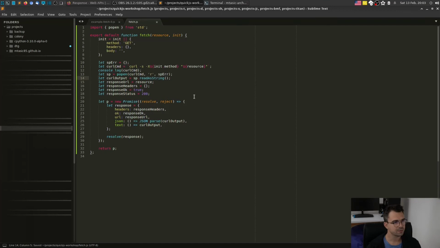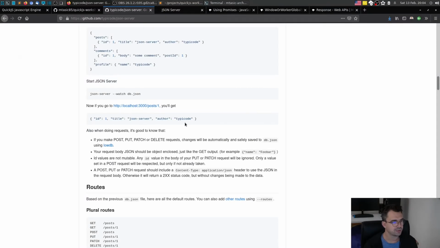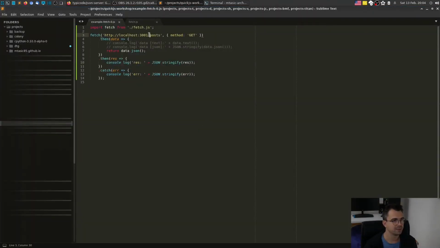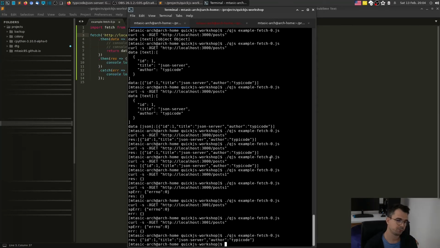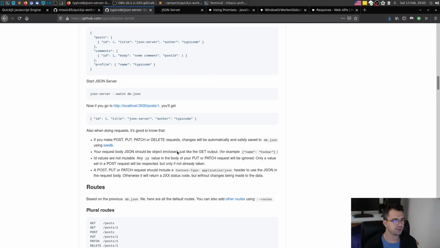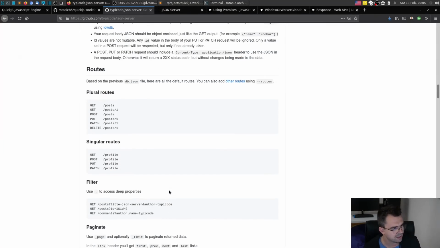So I don't need this one. Take posts 1 directly. So we say take posts 1. We directly got it, so it's not a list anymore. It was a list before, but right now it's just that item, that post that we're looking at with ID 1. Oh, there is one thing we haven't tested yet, and that's